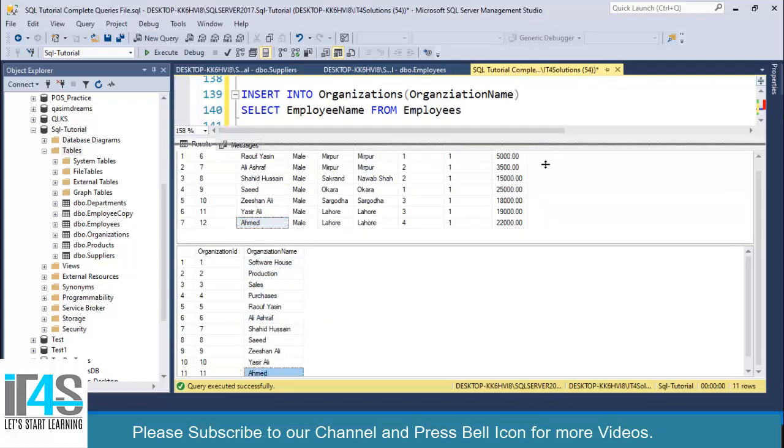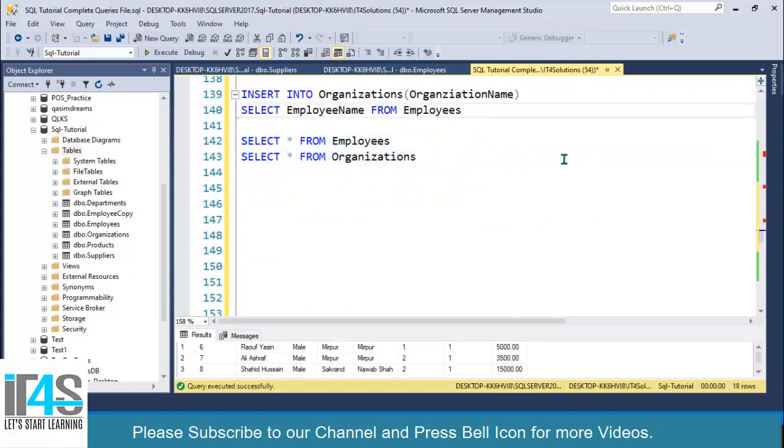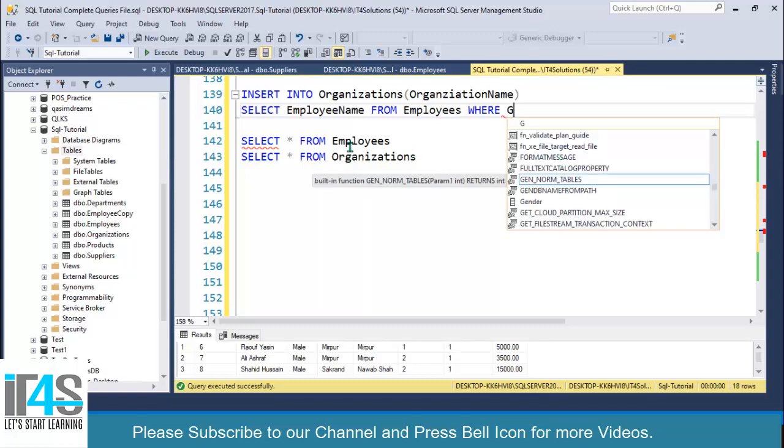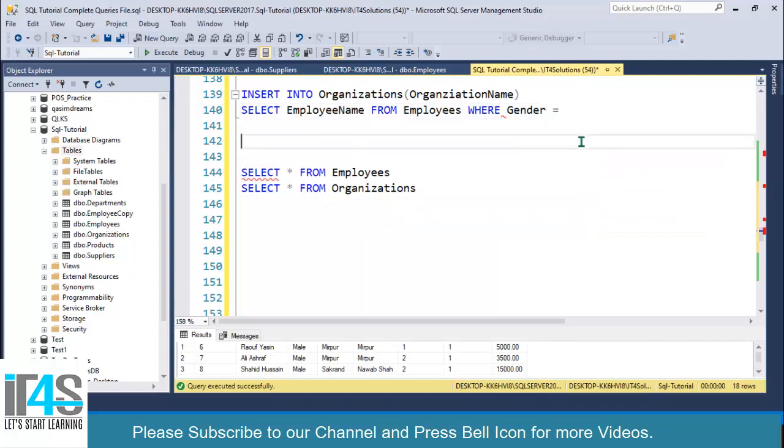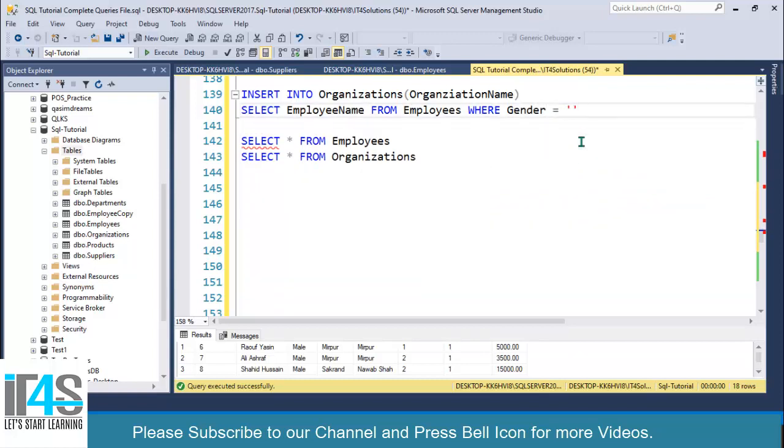You can also specify a WHERE condition over here. If you want to insert on a specific basis, select all employees whose gender equals male, and you can also specify AND salary greater than 5,000, like this.